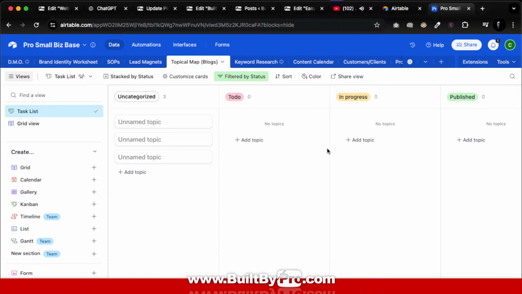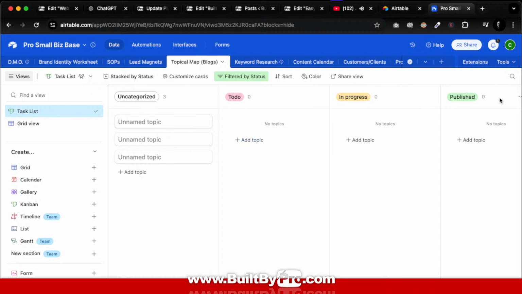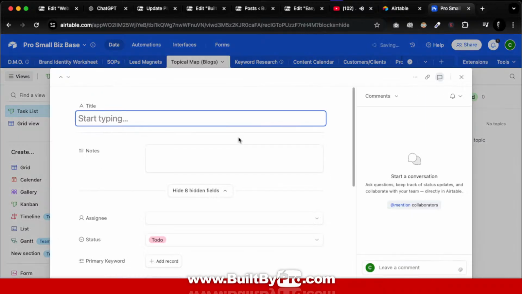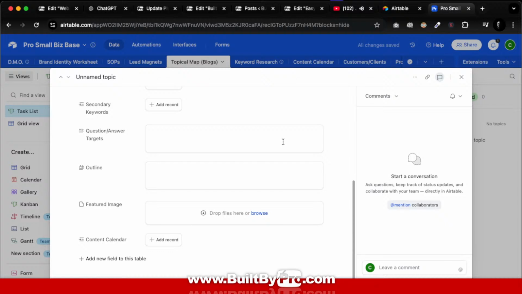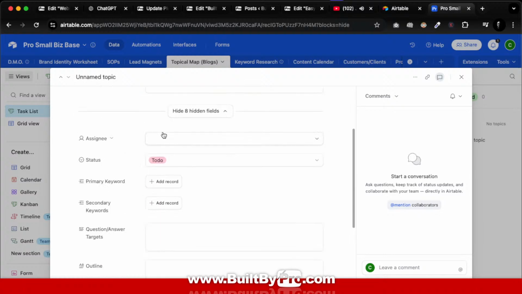And this is just to basically go through and list out the blog posts that you're going to add. You can come through here. You see it's very simple: to do, in progress, and published. So if we click add new topic, you can come through here and see all the information that it has listed. So you have the title, a couple notes about it, the status, and you have the primary keyword for it, any secondary keywords for it, and we're going to get into the